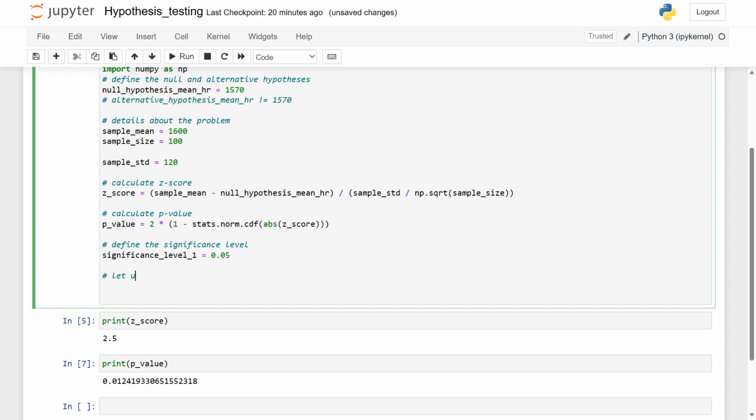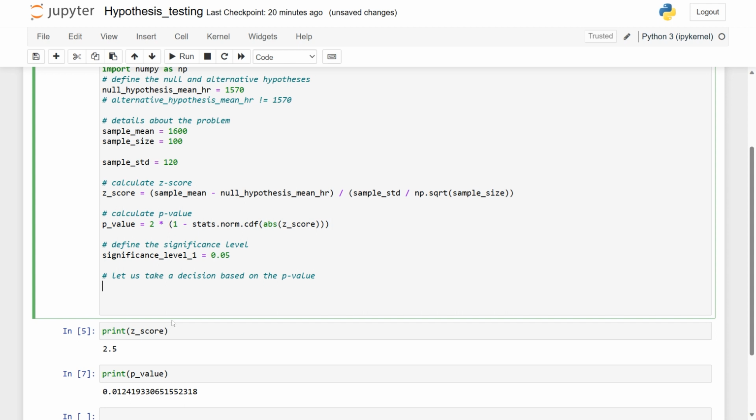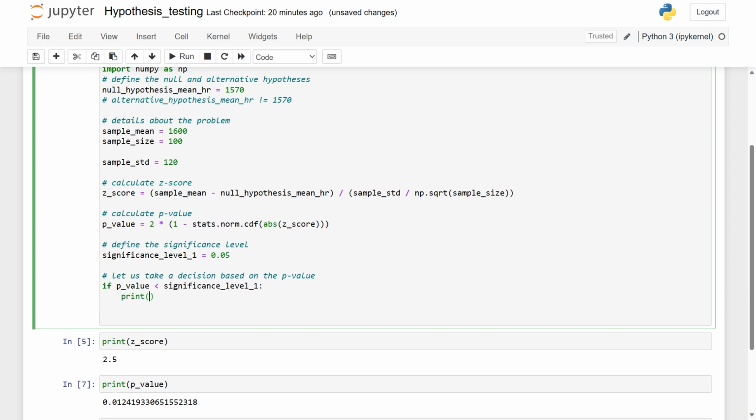So now let's finalize and take a decision based on the p-value. So here, if the p-value is less than significance level 1, then print reject the null hypothesis